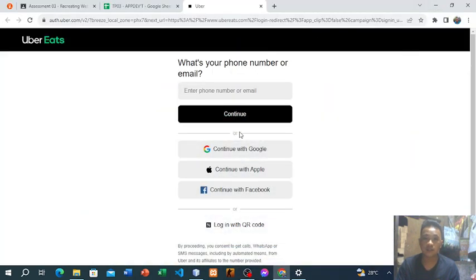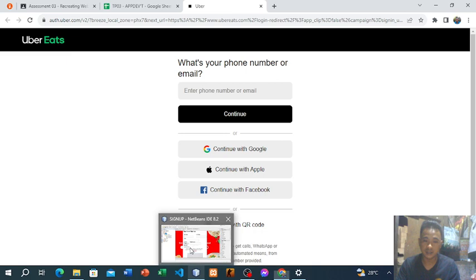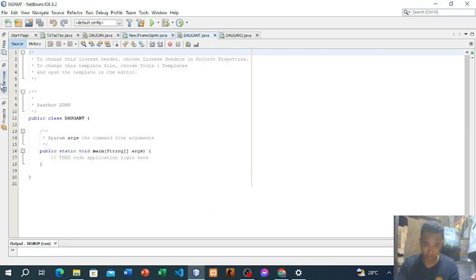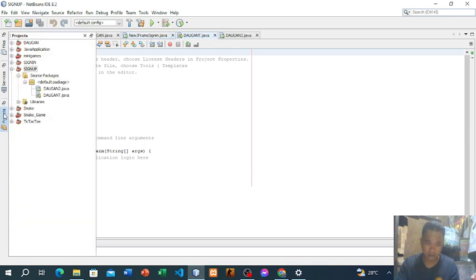This is the website that I chose to copy for the activity you assigned us, Uber Eats. To start, first let's open NetBeans. Since I've already opened NetBeans, after opening it,